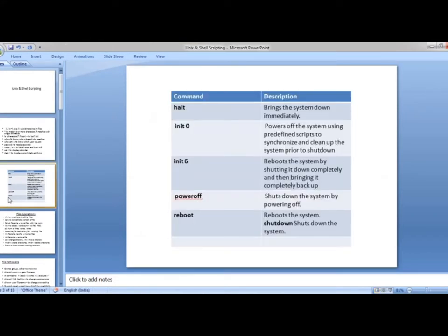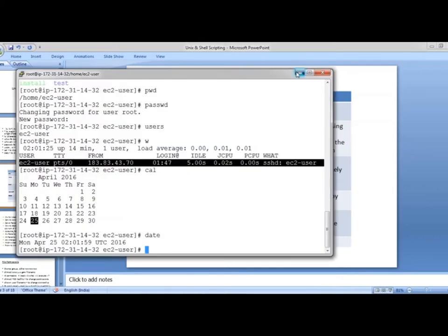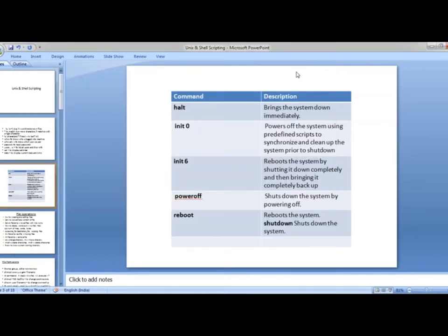So these are commands which we use to turn off your Unix instance or machine. It's not only a virtual machine but any machine. When you say halt, it brings down your system immediately.